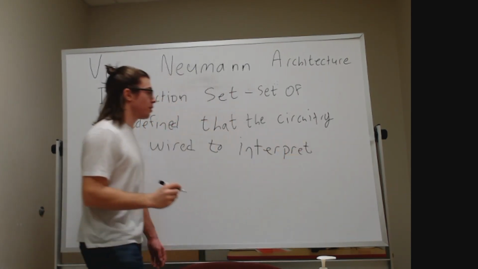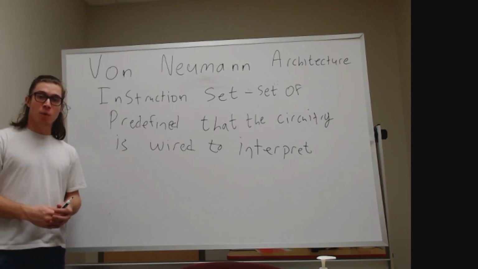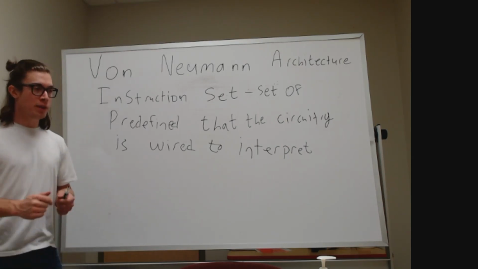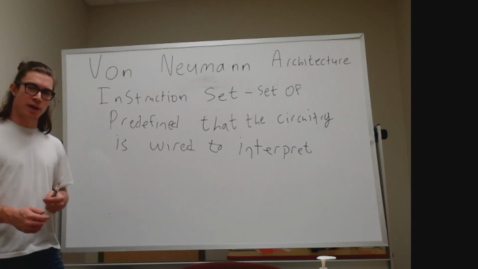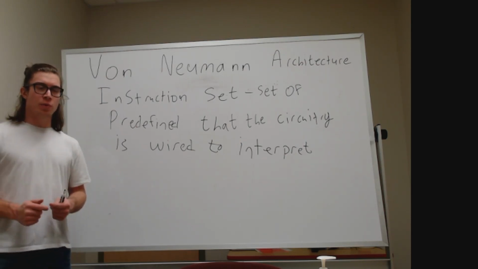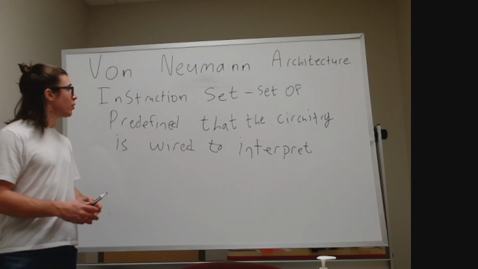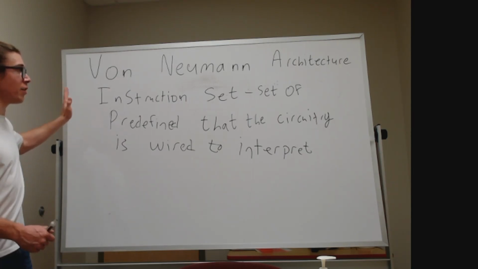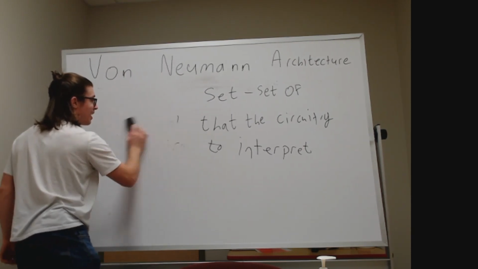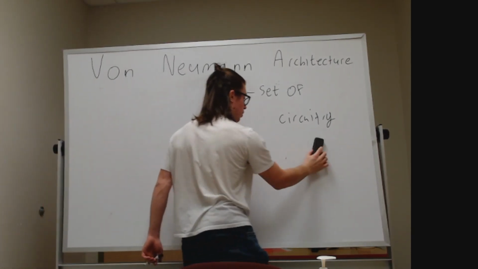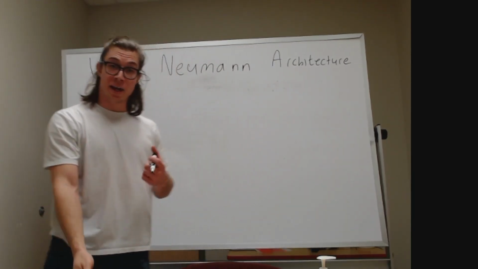Now, we're not going to get too in-depth about how this circuitry actually works, as that would take quite a bit of time. But we're going to assume that we can create a circuit that checks if a voltage coming through a wire is high or low. And we're going to also assume that we can check if a series of these voltages are high or low. Okay? And so that's how we're going to define our instruction set. Our instruction set is going to be a set of codes that we decide ahead of time are going to mean certain things. So for example, if our arithmetic logic unit needs to be able to add two numbers together,